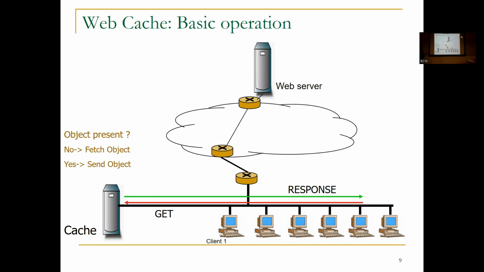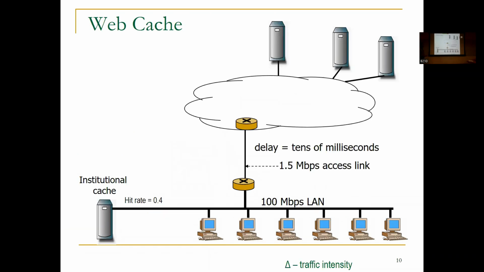Now still we see that in many cases we are not finding the required data in the cache, so it has to go there. Let's say the hit rate is 0.4. It means out of 10 requests that are made, 4 times the data is found in the cache. So somehow we have enhanced our performance. Somehow we have reduced the delay time. But this is not a very foolproof kind of solution. Why? We will see here.